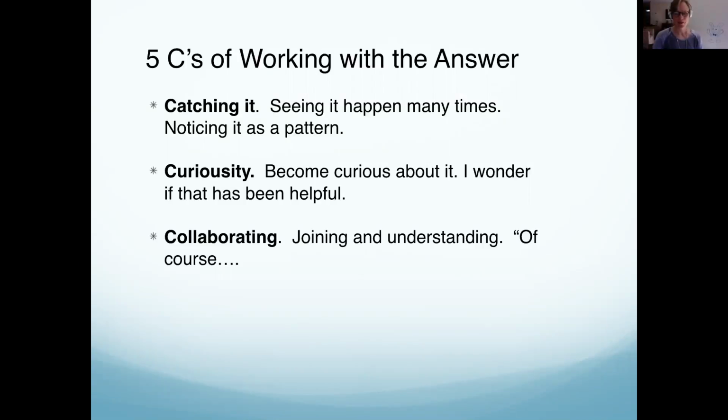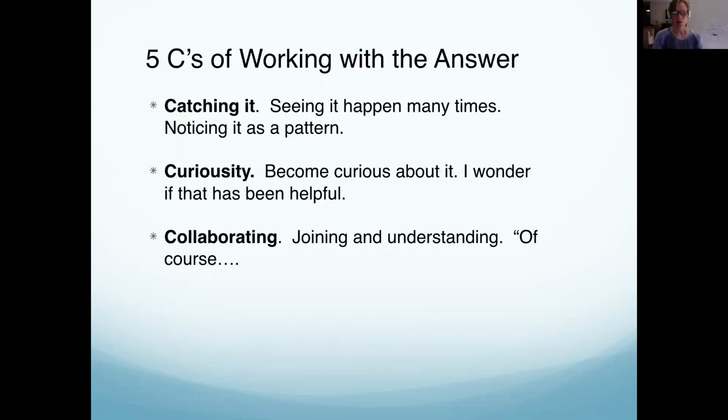And before you collaborate, you've already looked at it through the view of, okay, this is what we're working on, and I wonder if this is what is happening, what happened back then that's showing up right here in front of me. And so we're not doing inner child work here. We're just really noticing how the past is stuck right here in their brain in this moment, how it's stuck in their system. And if you really do understand, you'll say something like, of course this is happening. You know, this is what you had to do.